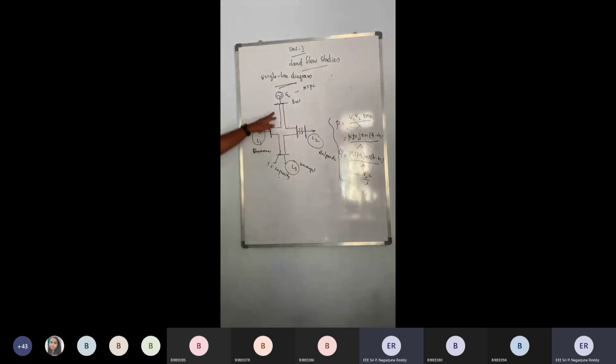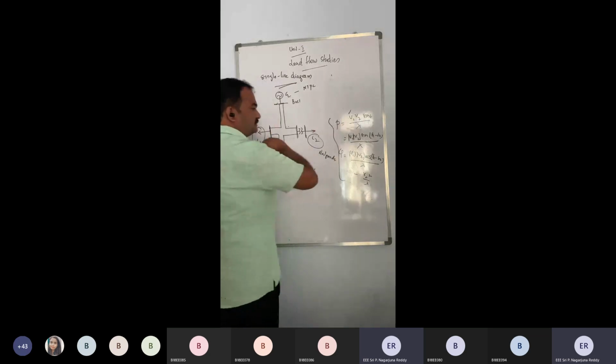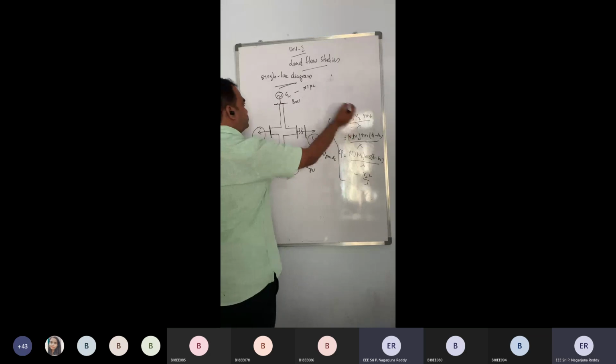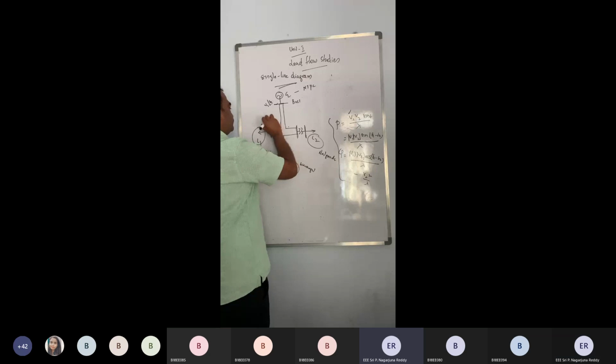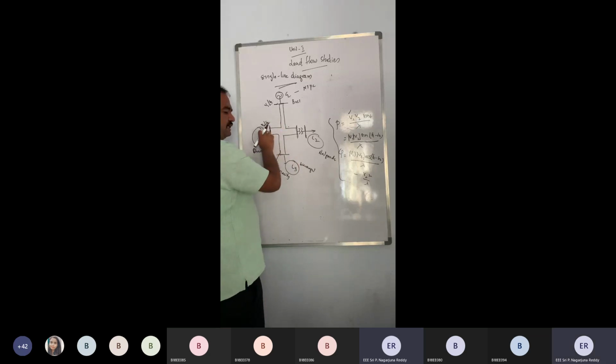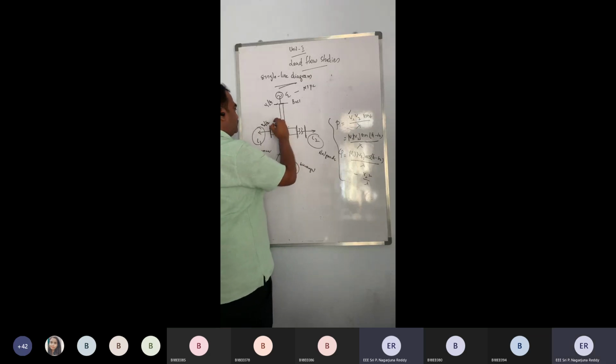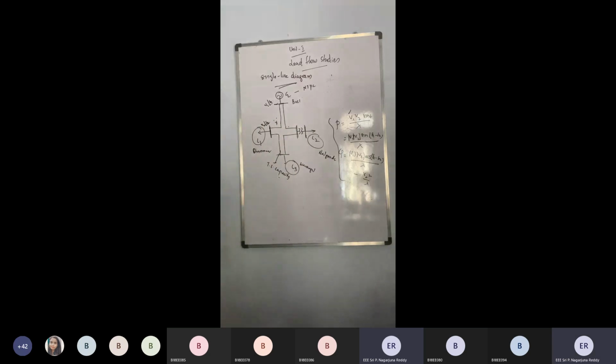Which means that to compute the active and reactive powers of the transmission line, what do you need? You need the voltages, amplitude and also the angle. Each of these you need to have, amplitudes and angles. And what else do you require? The reactance of the transmission line. Reactance of the transmission line is a physical thing.